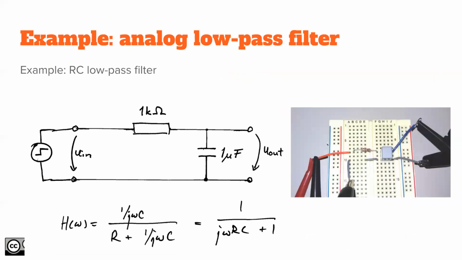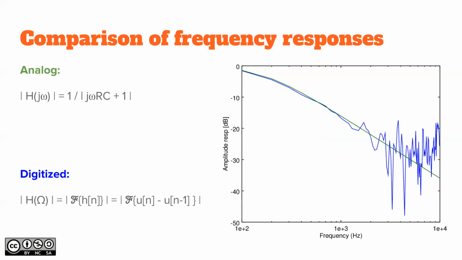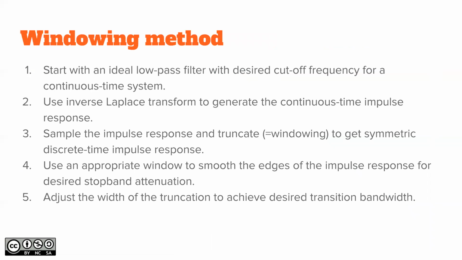You couldn't get what step 4 was. Yeah, that was about comparing. I compared, in this exercise, the analog and that digitized system, the amplitude frequency responses. Okay, so next step,